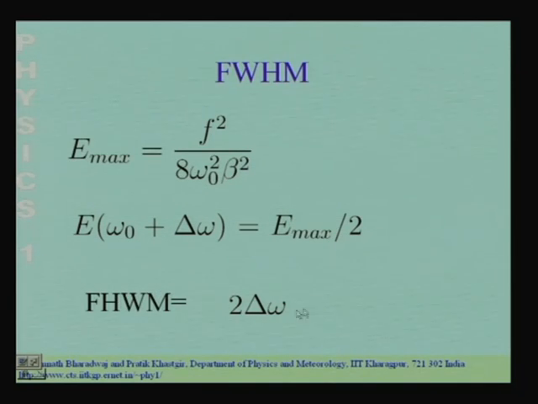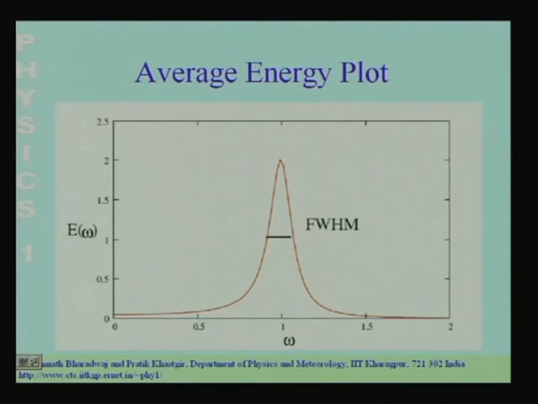is defined as 2 delta omega, that is twice the shift, and in this case it is equal to twice beta. So, in this case the damping coefficient directly determines the full width at half maxima. So, what you see is that in the low damping regime, the damping coefficient directly determines the full width at half maxima. The full width at half maxima is twice the damping coefficient, and if you can measure one, then you can directly predict the other. So, in this curve, if you could measure the full width at half maxima, you would straight away know the value of the damping coefficient.